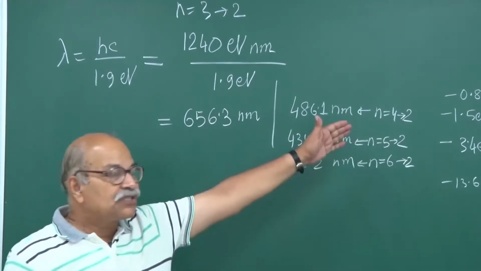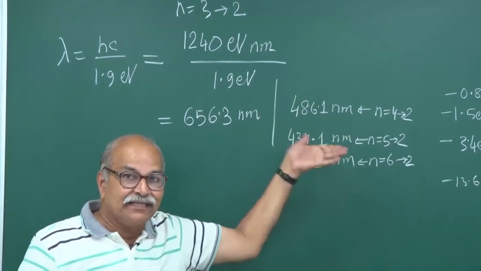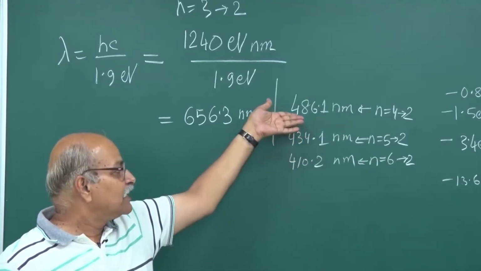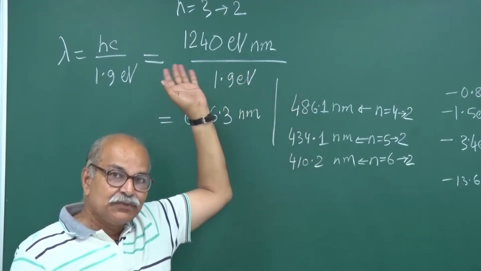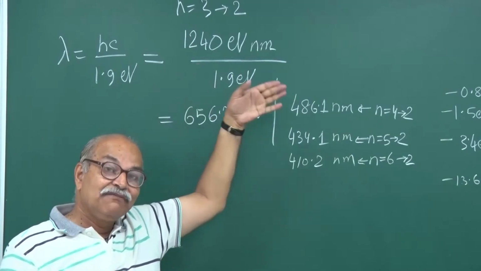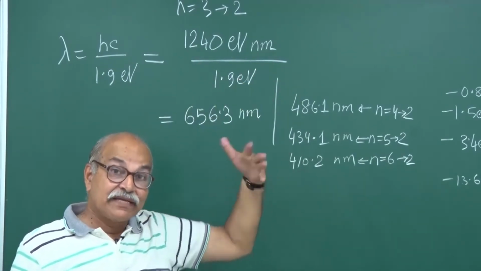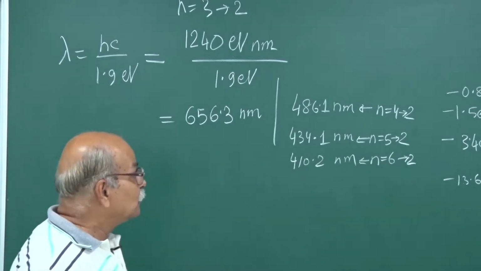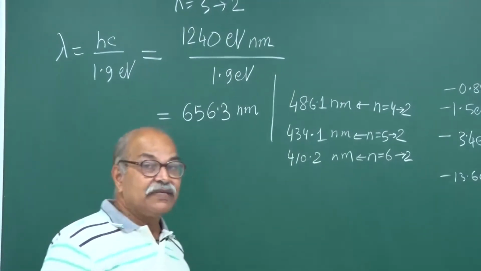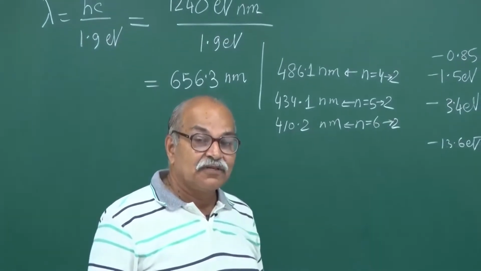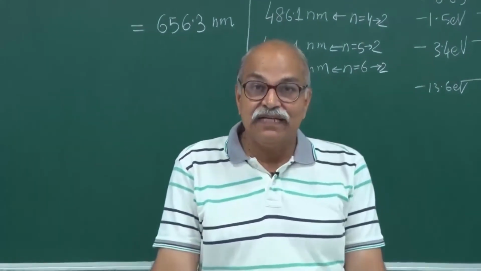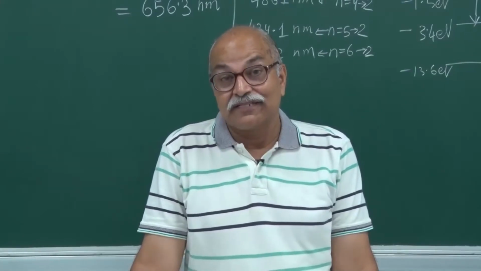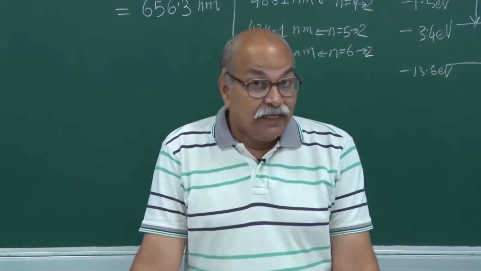So transitions ending at n equal to 2, originating from n equal to 3, 4, 5, 6 give you all those 4 wavelengths which were experimentally seen long ago. So that is how it works. It's very successful in terms of explaining these wavelengths, and it introduced so many quantum ideas. But then